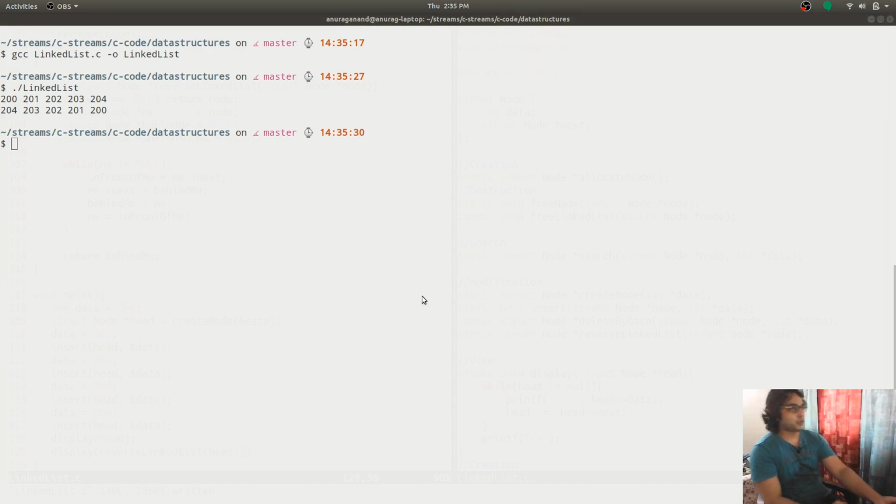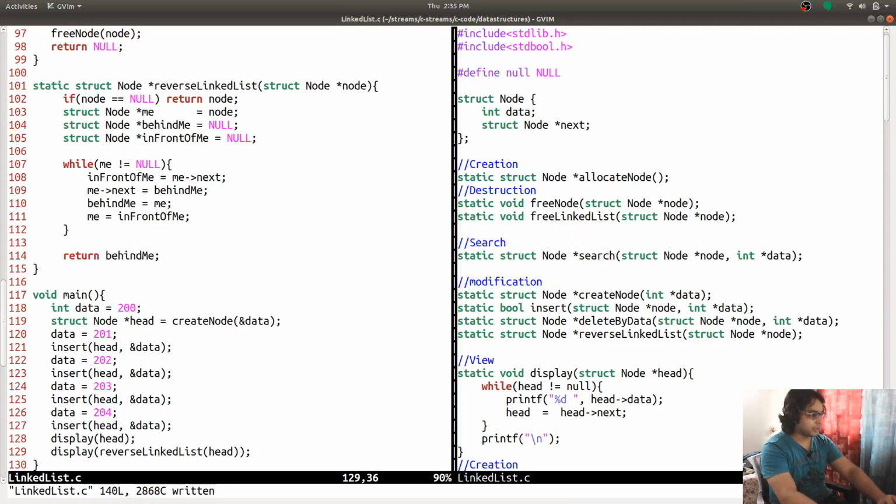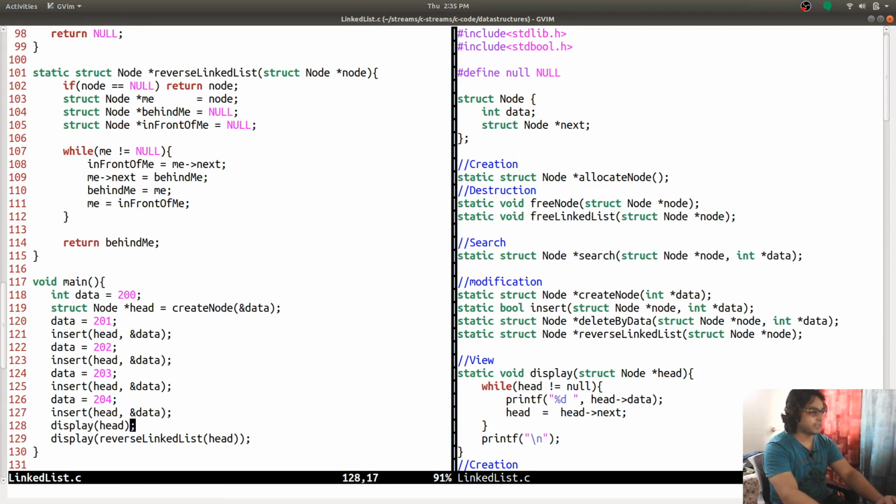Similarly, I can show you how we can delete something from a linked list, and these are the basic functions again. To do that, for example, I don't want to modify the head of the linked list, so I'm just going to say delete by data and remove the last node that we added in the linked list.